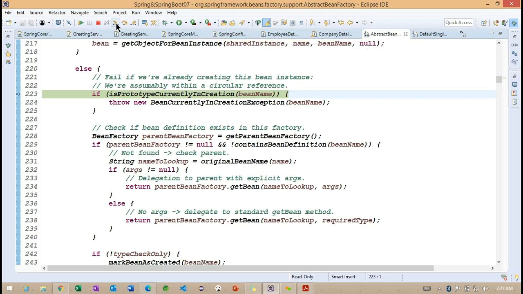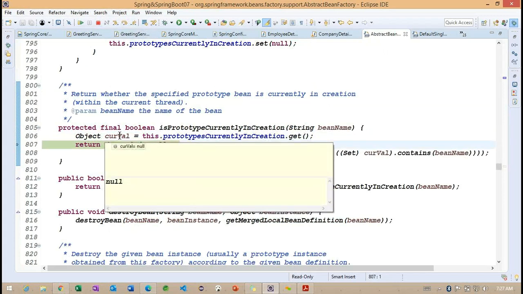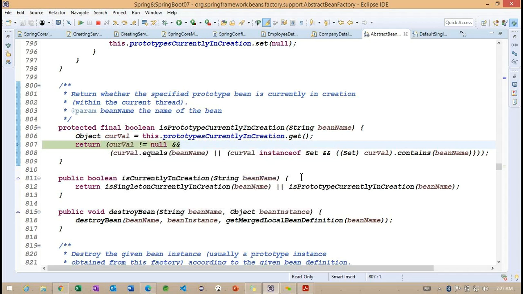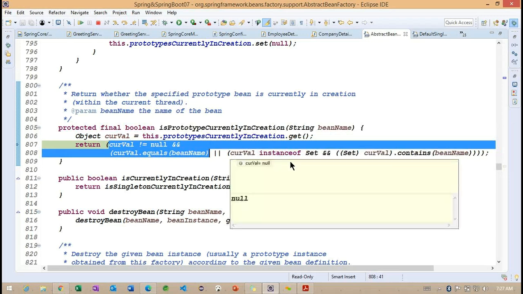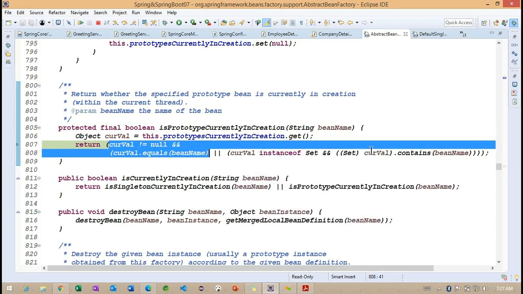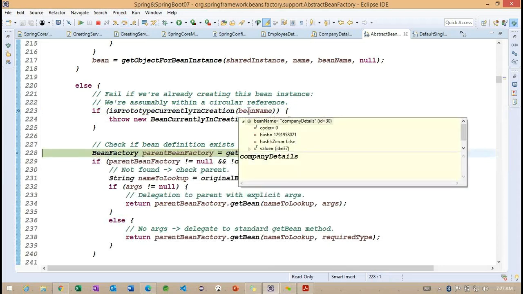So we need to check when this particular object is created. Now we can observe that the object is not yet created here. So this is null here. What is happening here? So this section is going to give a false, and this is not. So, okay, the first time it is not giving it here.